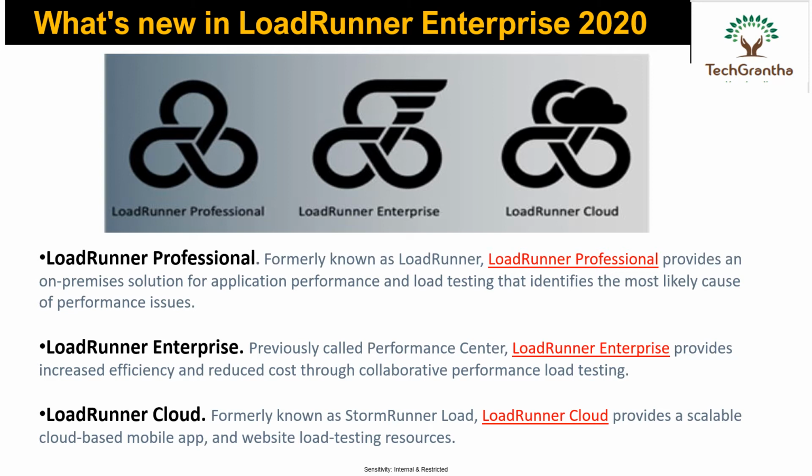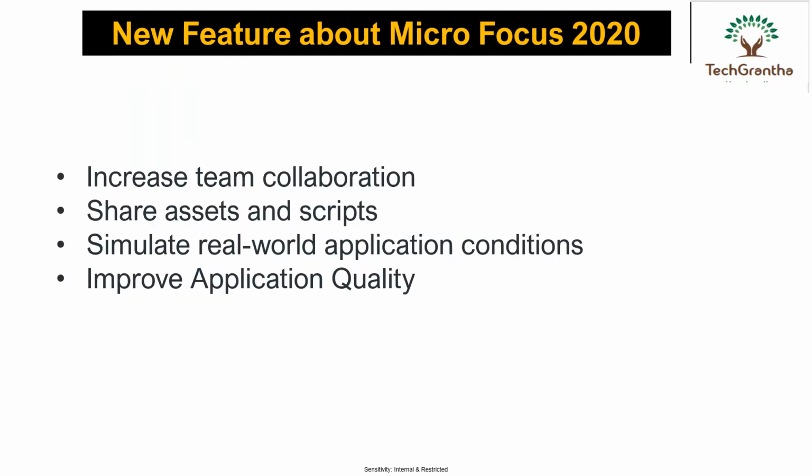The third thing is LoadRunner Cloud, which is the most important feature added to LoadRunner in the Micro Focus 2020 versions. Now there are cloud-based mobile applications, a lot of cloud activities have started, and everyone knows each project has started to migrate to the cloud. LoadRunner is the main key tool for performance testing, so now it has enhanced its activity in the latest version and also supports cloud platform activities. So those are the three things added in the latest version of LoadRunner.